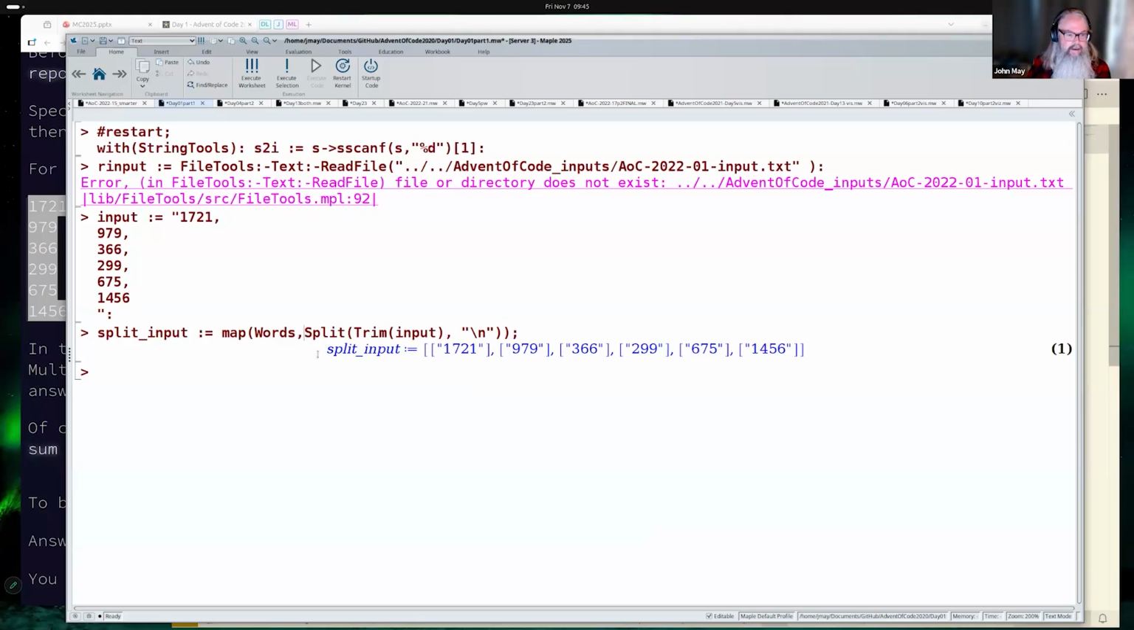And I don't need it, it does a lot of work for us. So I'm going to trim the input. Trim removes any white space. All these files end with a carriage return, so I trim them to get rid of white space in the beginning and the end, and then I split them. Here I'm going to split on a new line, and then I'm going to map my little helper function s2i, string to integer. And so now, all right, okay, finally I have a list